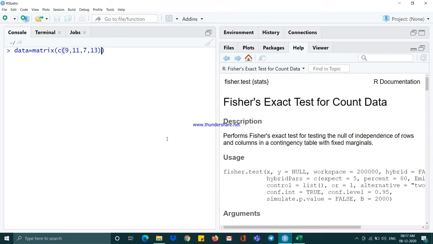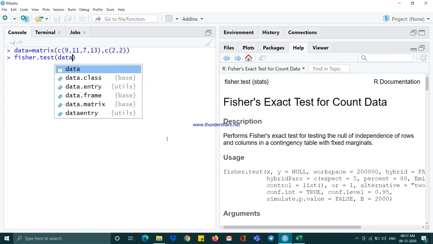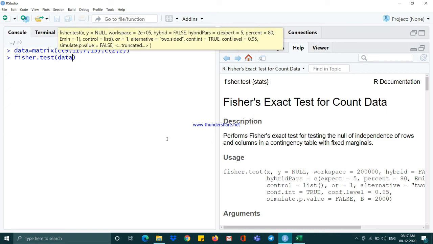I have entered the data column wise, and now I am mentioning the dimension of the matrix, that is 2 cross 2. So in R we have a function called fisher.test. We will be using this one, and as the argument we will be writing the data.